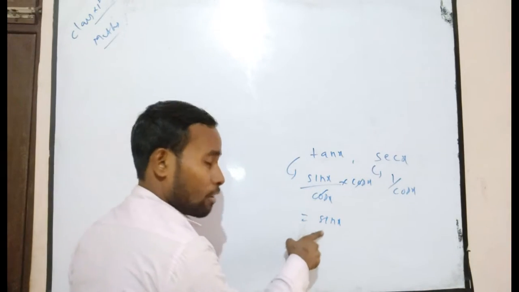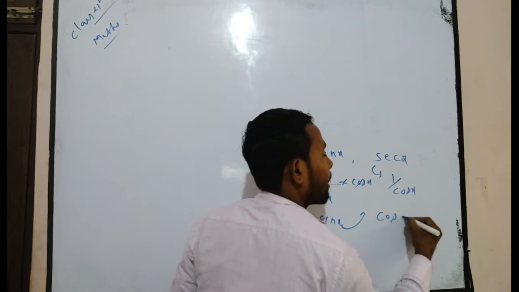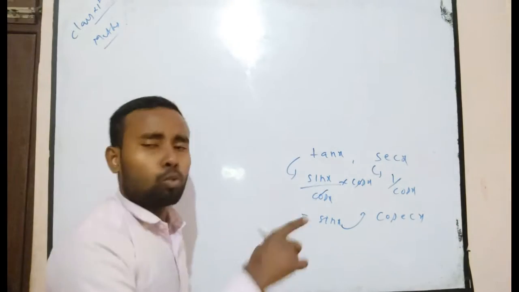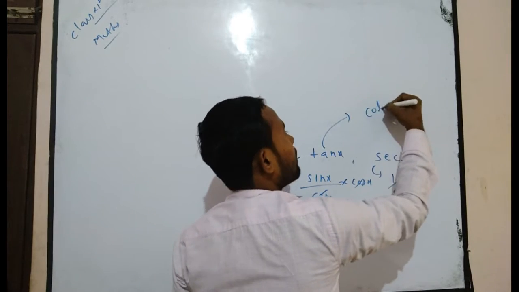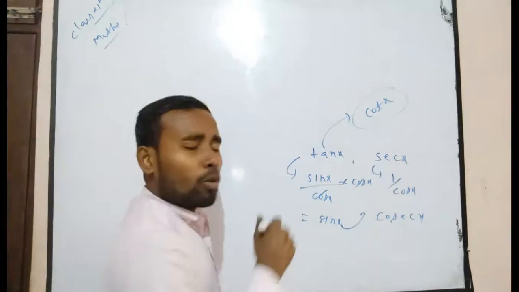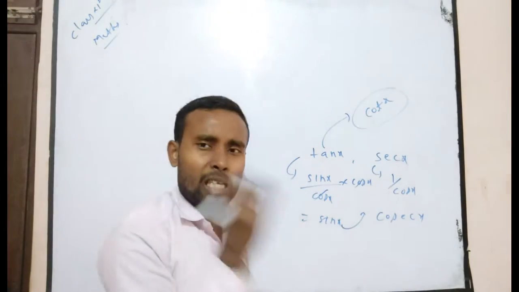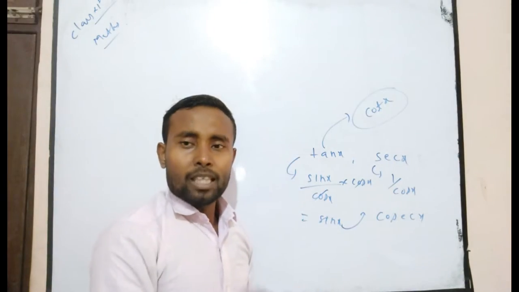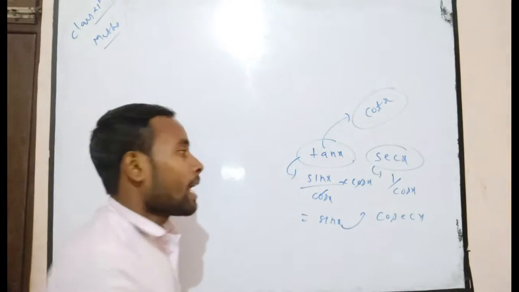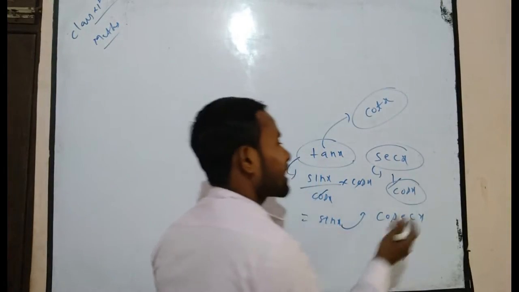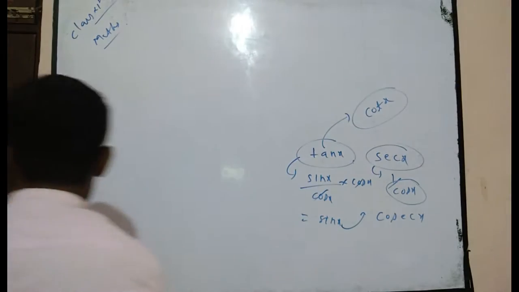If you know the value of sin x, then with the help of sin x you can find the value of cosec x, because cosec x is equal to 1 upon sin x. And with the help of tan x, you can also easily find cot x, because cot x is equal to 1 upon tan x. This is the simple procedure. That means whatever value of a trigonometric ratio is asked, there will be a simple procedure. First of all, you find the value of tan x and separate sec x individually, and with the help of sec x, you have to find the value of cos x. After it, everything becomes very easy. Now we take the next problem.